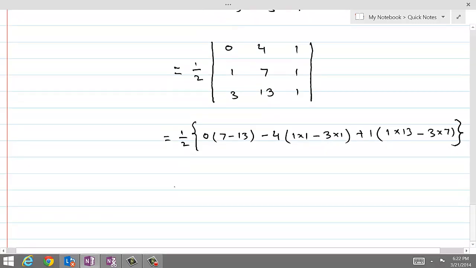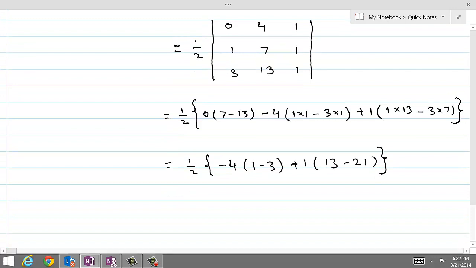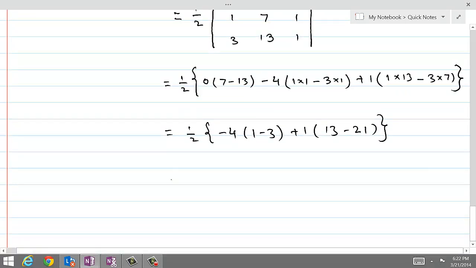The first part of this expression is 0 anyways. Minus 4 times 1 minus 3, plus 1 into 13 minus 21. If we expand this, it becomes 1 by 2, and minus 4 times minus 2 plus 13 minus 21, which is minus 8,